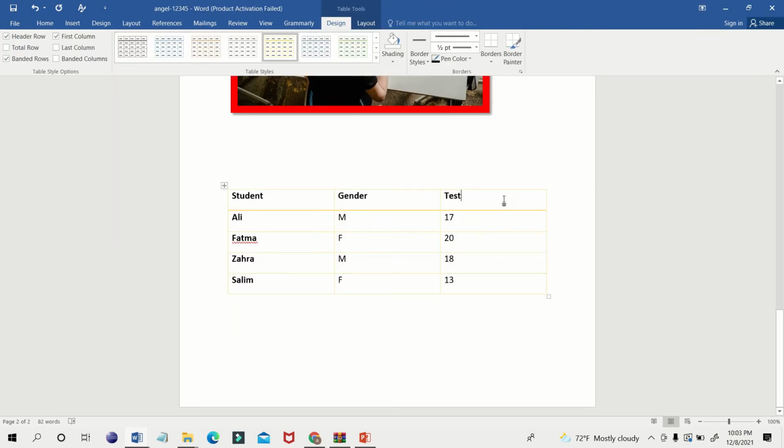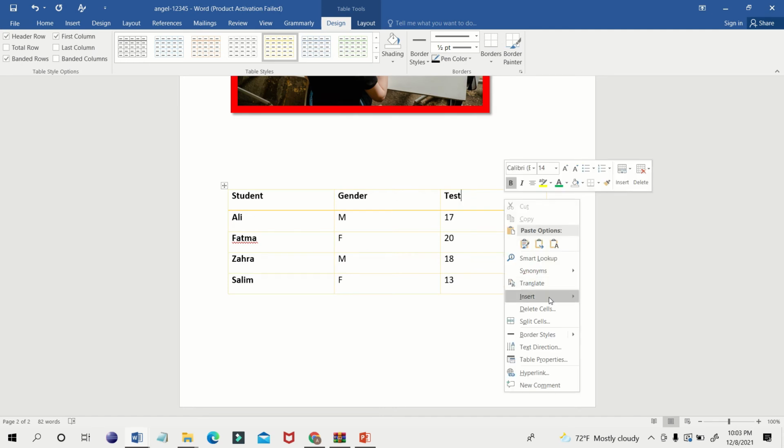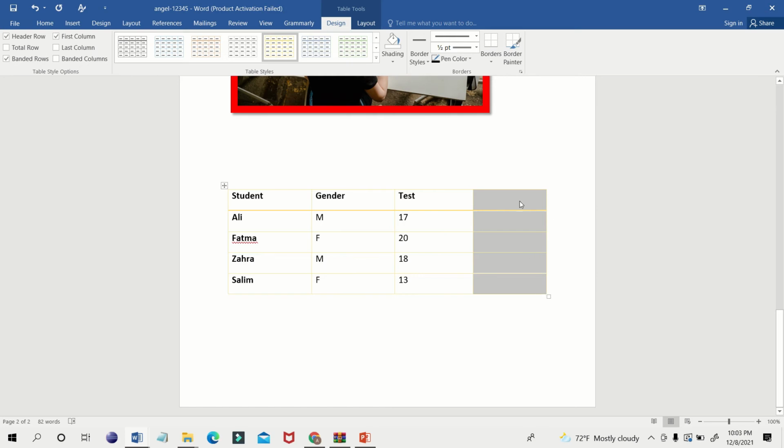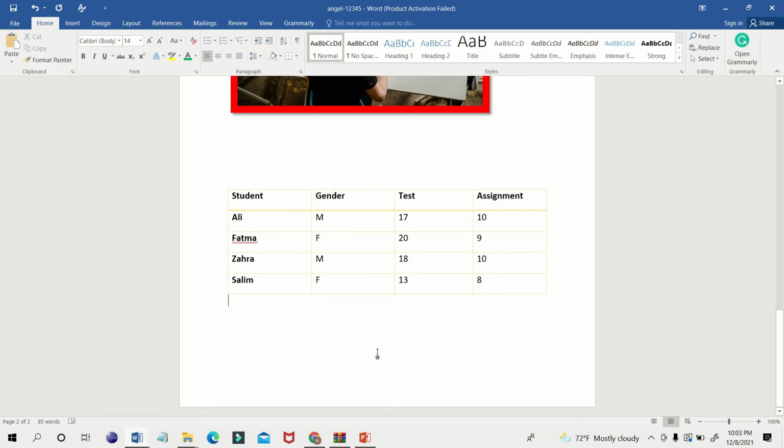So how to insert a column? Right click, insert columns to the right. So the column is inserted. Now write assignment. And what are the marks? 10, 9, 10, 8, 10, 9, 10, 8. Alright, now what they have asked us to do now,